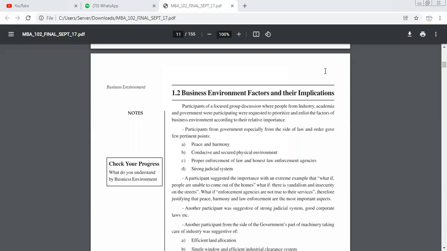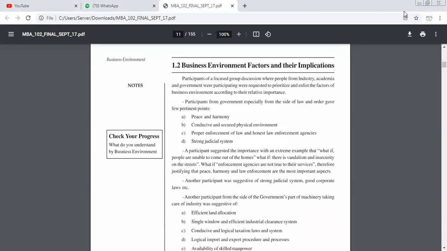Here the government can change things. If the government tries to bring companies to the rural area, the structure of that area can change, because with the help of the companies, the people living there will get job opportunities. So why would they shift to the urban area? They will remain in the rural area because they will get jobs there. So these are the factors through which we can understand that the business environment affects the entrepreneur a lot.